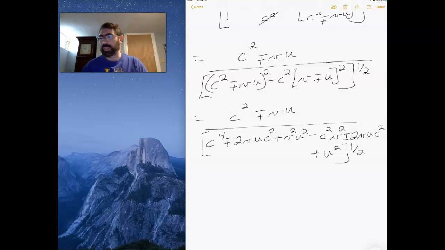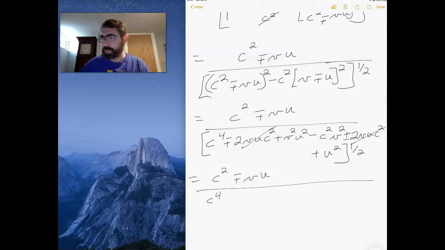We can start canceling some terms, and in the end, what we get is c squared ∓ vu divided by c to the fourth, plus v squared u squared minus c squared v squared, that's a c squared in there, plus c squared,